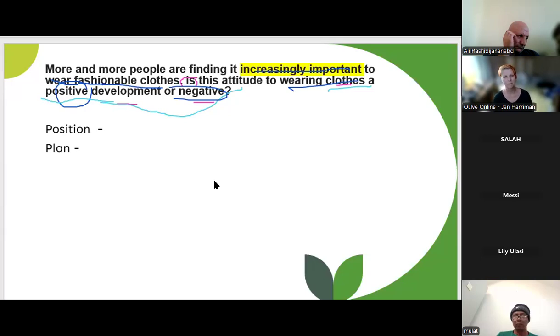Okay, excellent. So, what do you think? Do you immediately have an idea of what you think about this, or do you need to start thinking of ideas first and decide later? Both are legitimate ways of starting an essay. And now that we're thinking about this question,